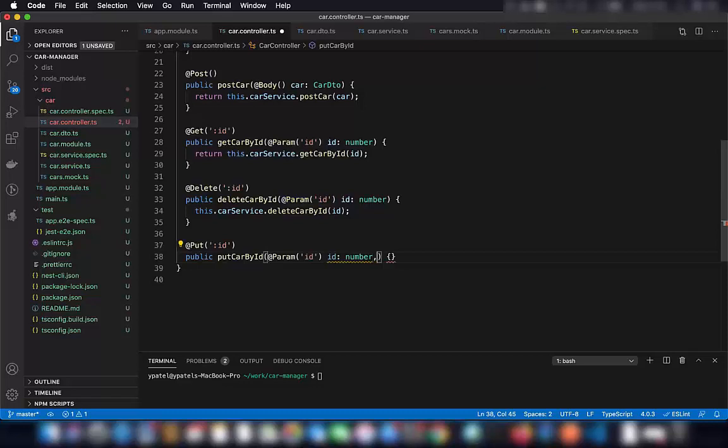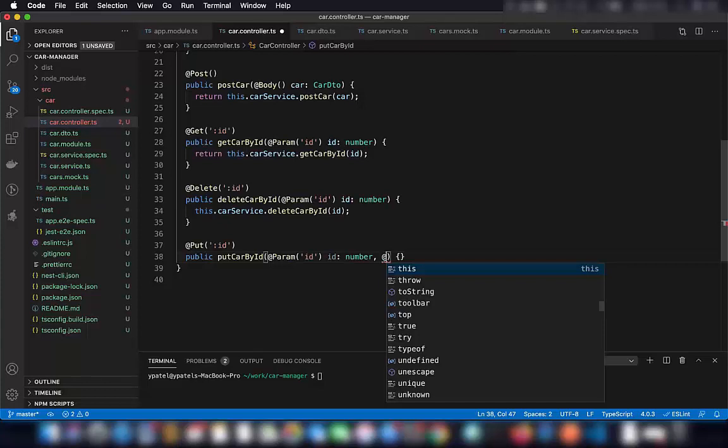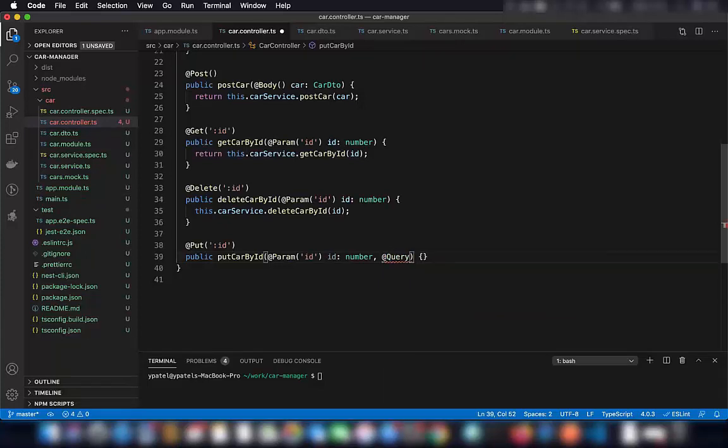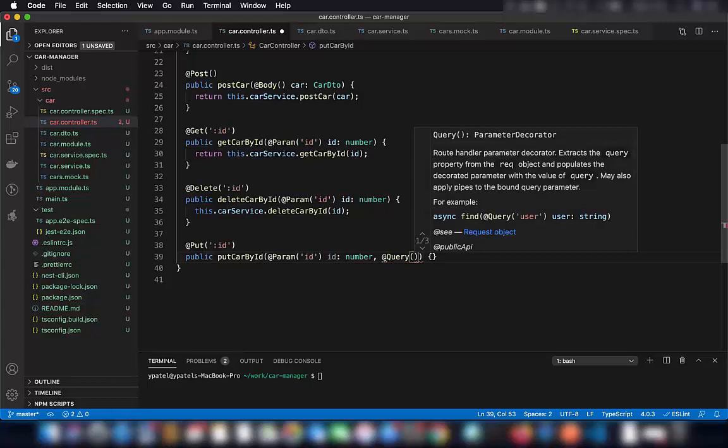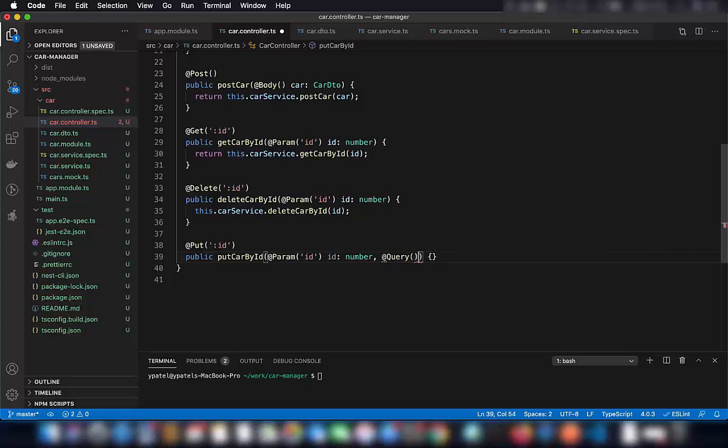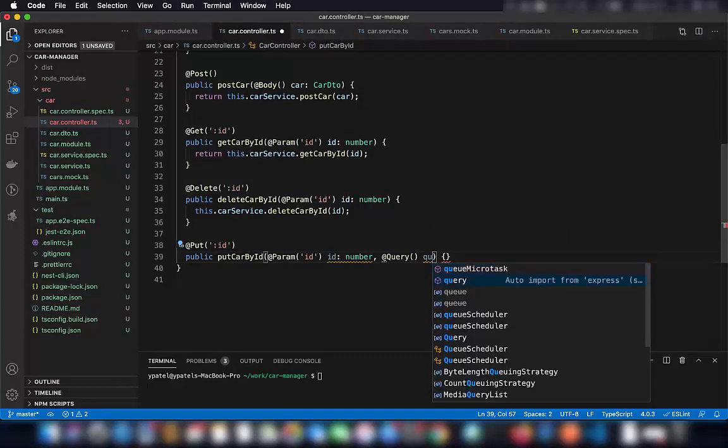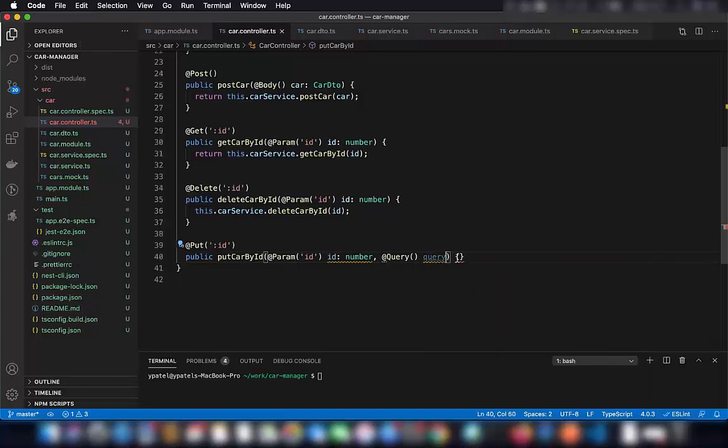And now in order to access the query, you need to add a decorator called query. So how simple this is: you can just add the decorator query, and then you can define your query parameters. So let's say this will be the query variable name, and now what we are going to do, we are going to just